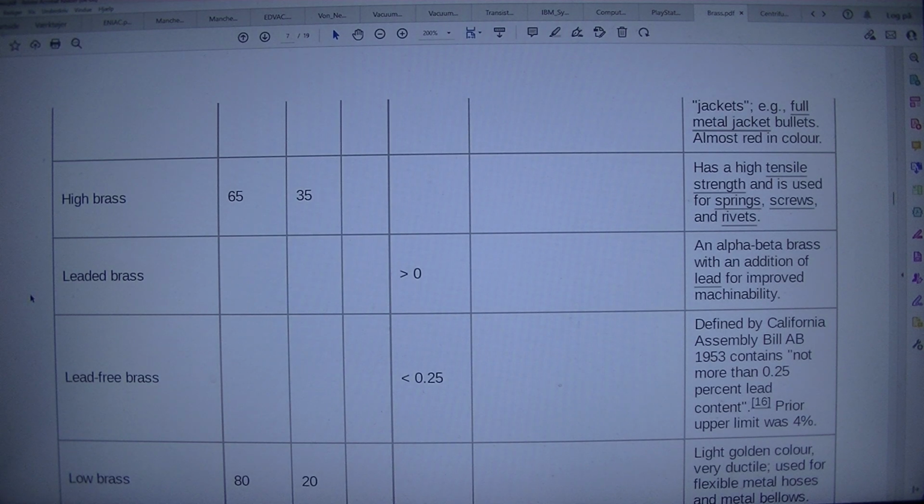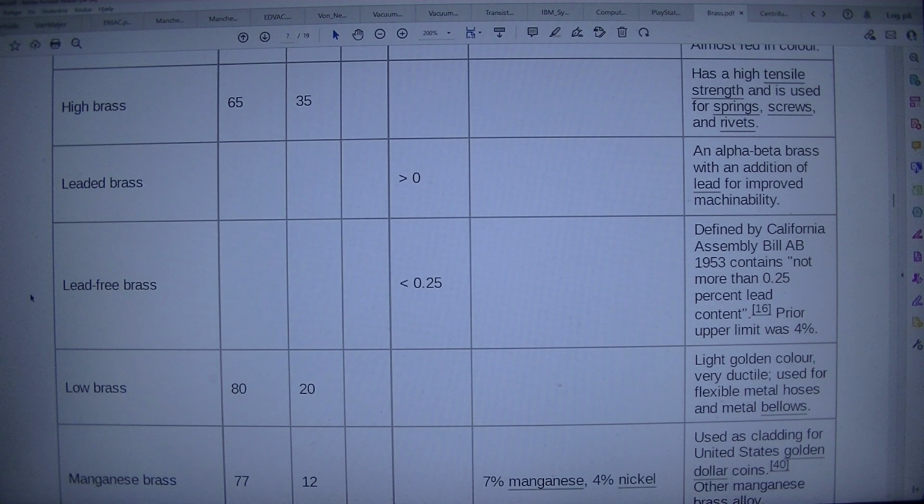High brass: 65% copper, 35% zinc, has a high tensile strength and is used for springs, screws and rivets. Leaded brass: an alpha-beta brass with an addition of lead for improved machinability. Lead-free brass: